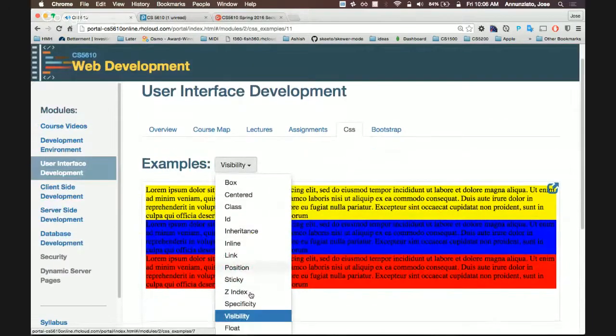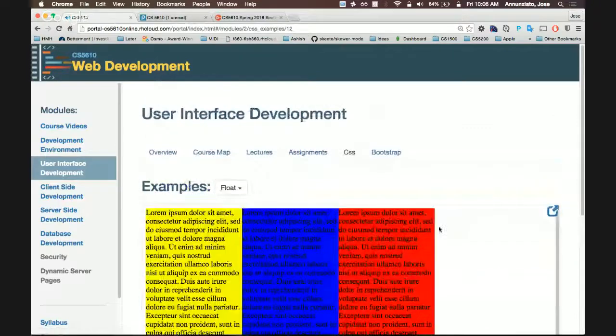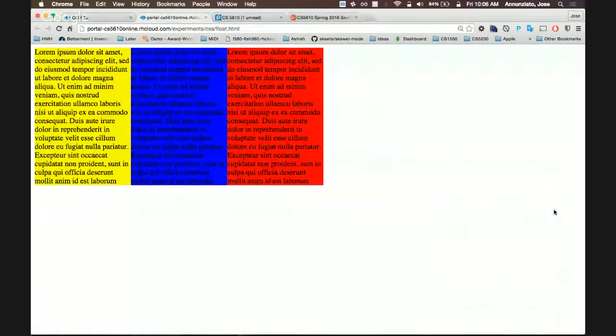experiment, which is float, takes exactly the same three boxes, the same three divs, which were originally rendered as blocks, and it changes the behavior in which they are rendered. Before they were rendered vertically, stacked one on top of the other, whereas now these are being rendered side by side, as in columns, and